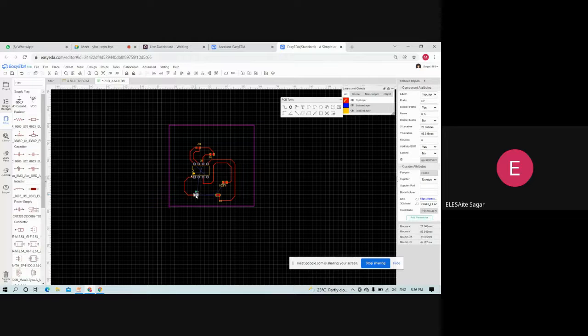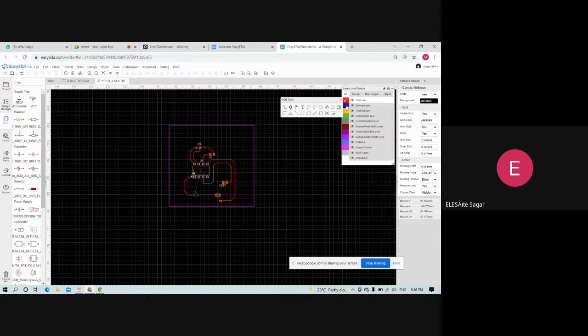Simply click on that, and here in component attributes, you have to select the layer. Now we can connect it easily. And then here select bottom layer.